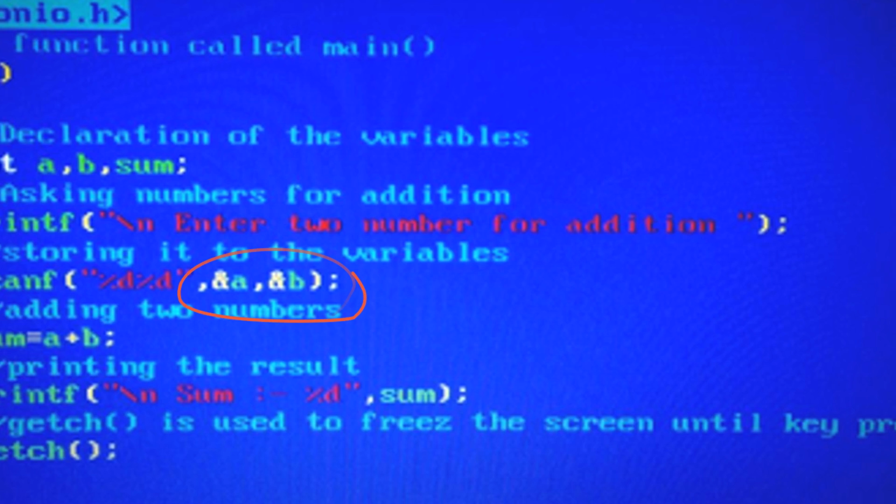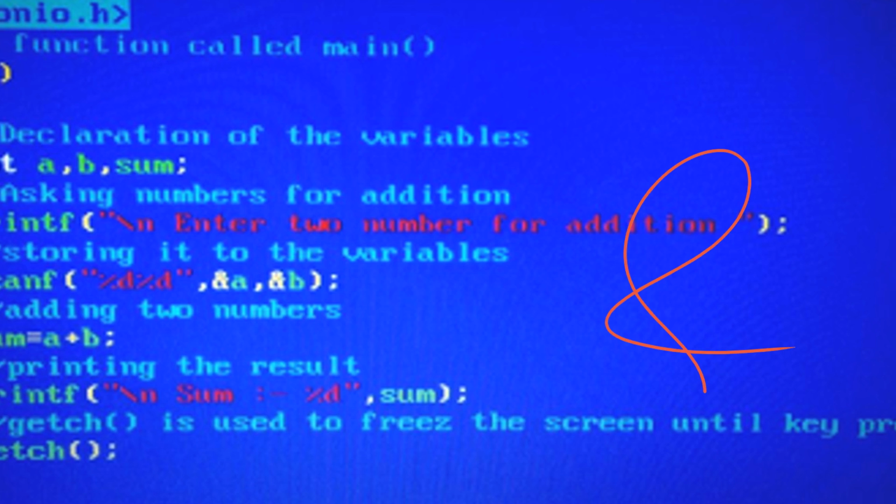So what is ampersand? Have you seen logical AND or simple AND operator? The AND operator gives us the address of the variable. Means if I'm going to send something to your house, I need your address.